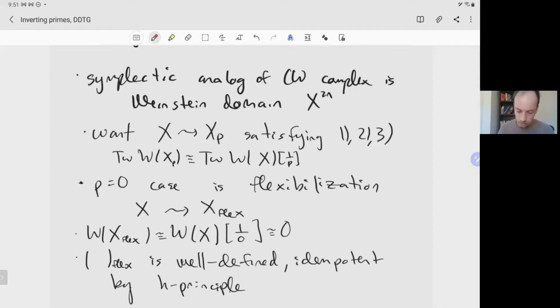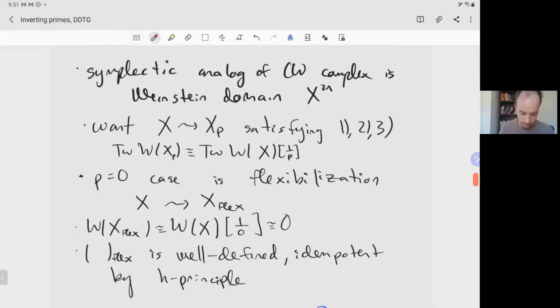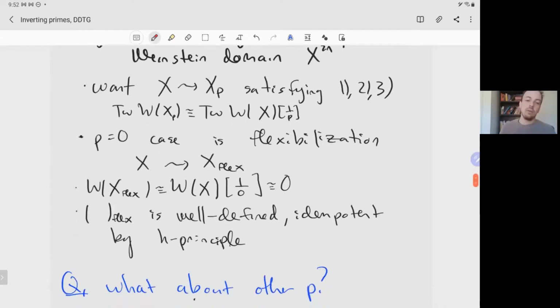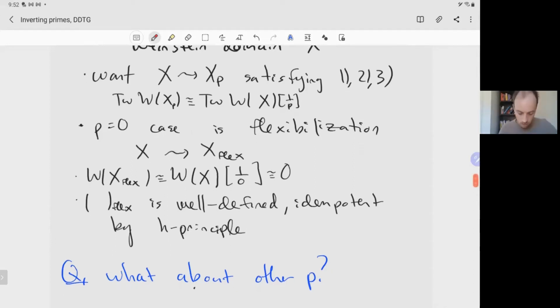But anyway, so that's the goal, to come up with such a symplectic analog of classical localization, and we already have the case p equals 0, and I guess the case p equals 1, in which you don't do anything. But what about the case of other p, which would give some kind of way of interpolating between not doing anything, which is, I guess, the rigid phenomenon, and flexibilizing at p equals 0? Well, there's